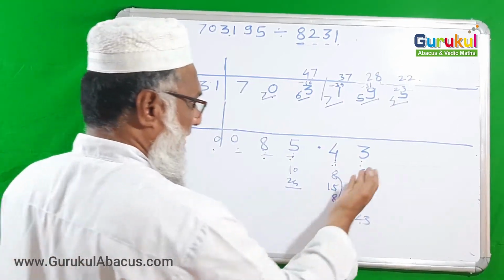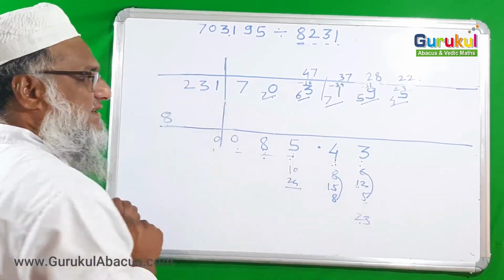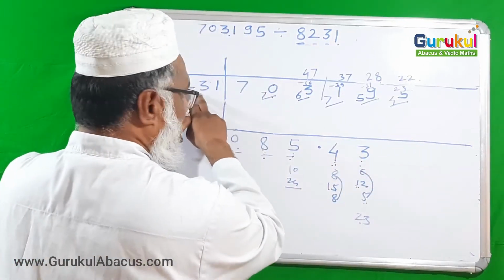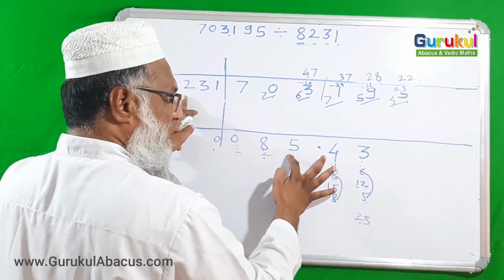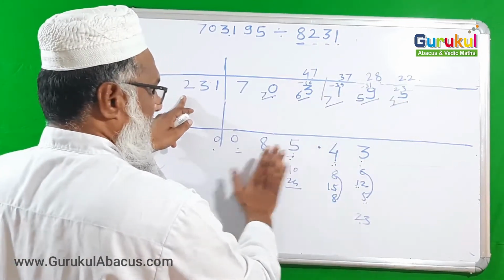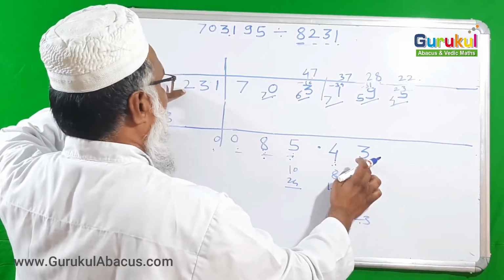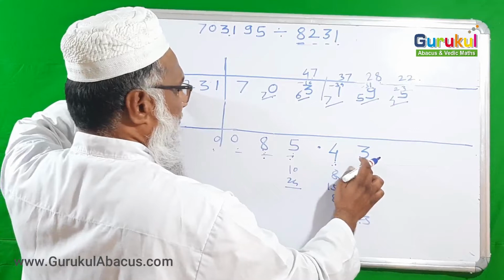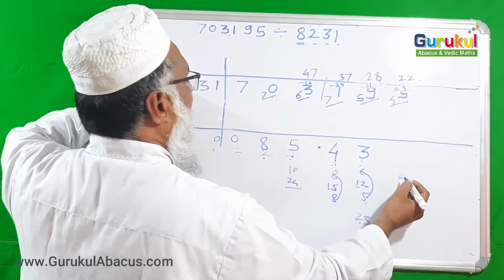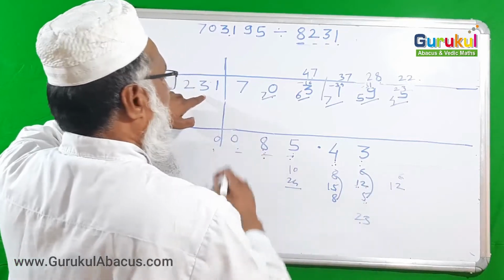Now see here in the answer there are 1, 2, 3, 4 digits, totally 4 digits. Here flag digits are 3. So here you may get confused. So what to do? From the right side here are 3 digits. So take 3 digits from the right side, which means now 8 we are not taking. That is to keep in mind. Okay, so 22 is there, and now those 3 digits we are taking with those 3 digits for cross multiplication. So here see 3 2s are 6 is there, then again 4 3s are 12 is there, that we have taken.